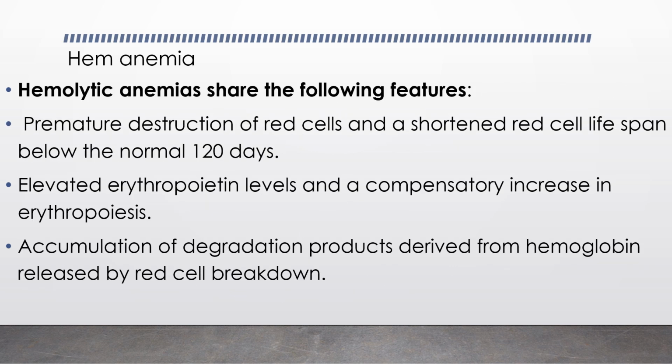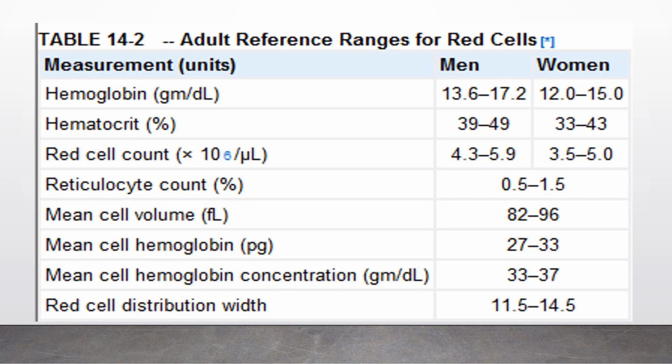Features: premature destruction of red cells, elevated erythropoietin levels to compensate, increase production of red cells, new red cells, degradation products accumulate. RBCs, there will be more, but hemoglobin degradation products are important because they can cause a lot of symptoms and renal damage. Reference range: red cells normal,